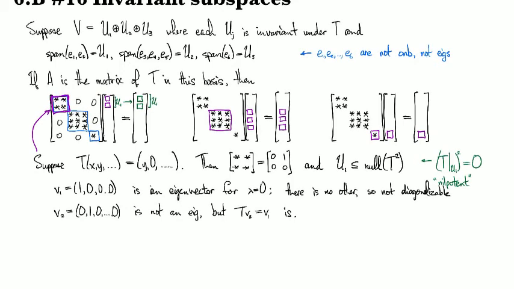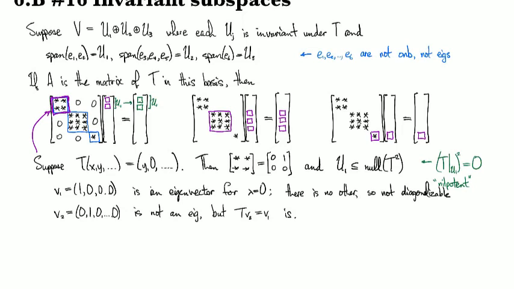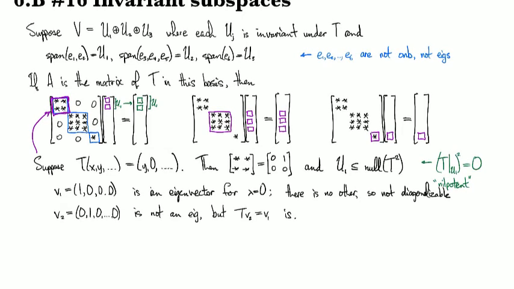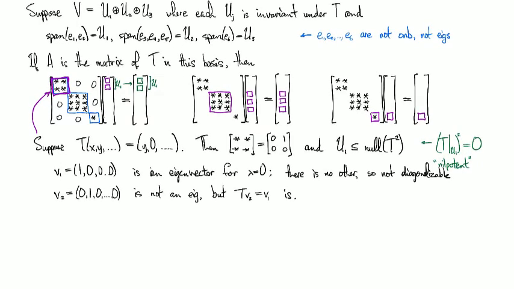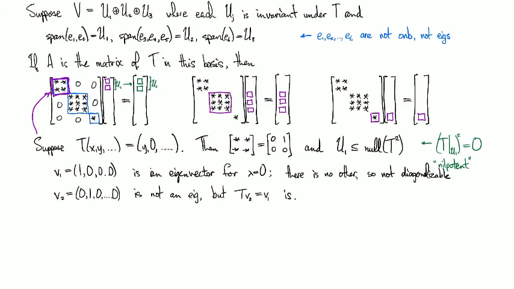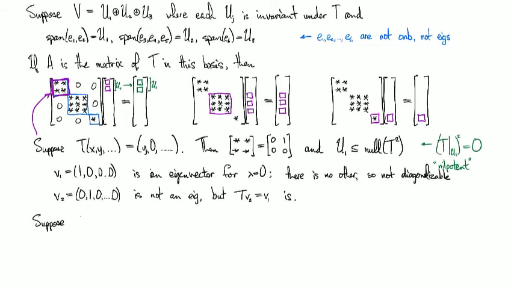So you have this invariant subspace and it's kind of churning around, and stuff that's not eigen is being made into stuff that is eigen. And so you can ask yourself, okay, how long can this kind of thing go on for? It turns out it can go on for a while, but it's always a finite number of steps. So suppose now we look at